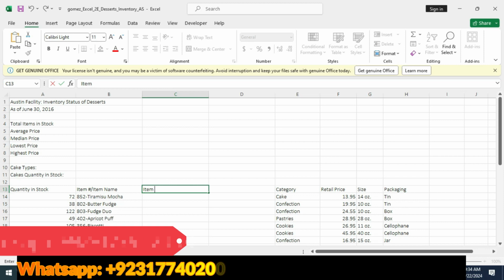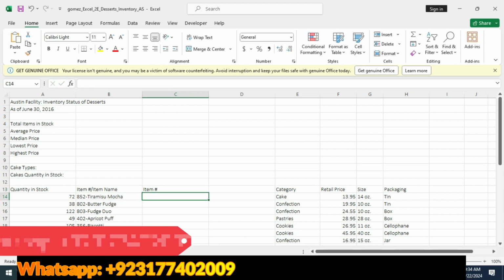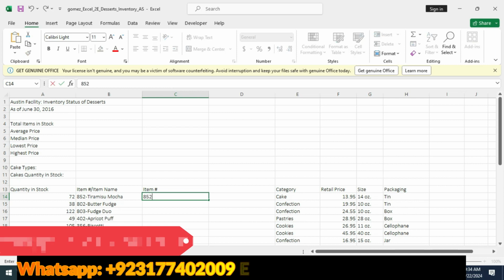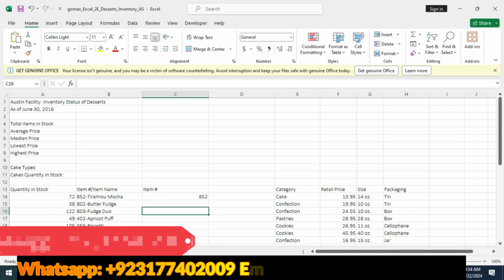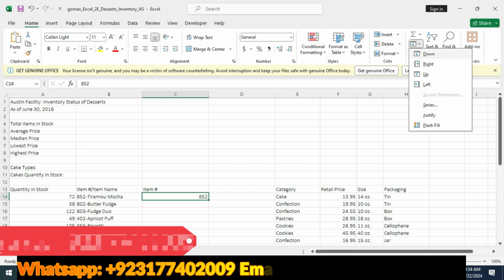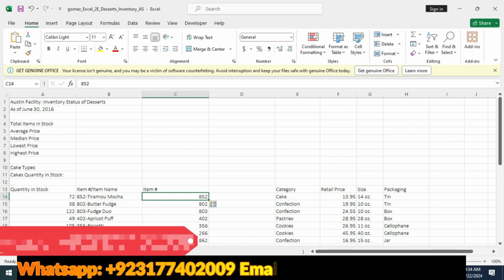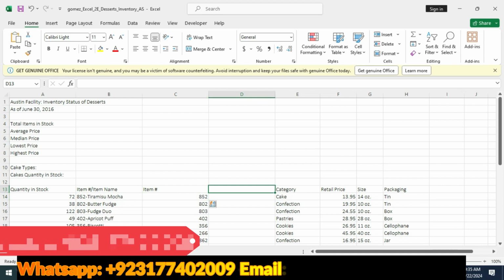Item number, 852. Then we use the Flash Fill method. Flash Fill. We have got our Flash Fill here, item name, and here we will put item